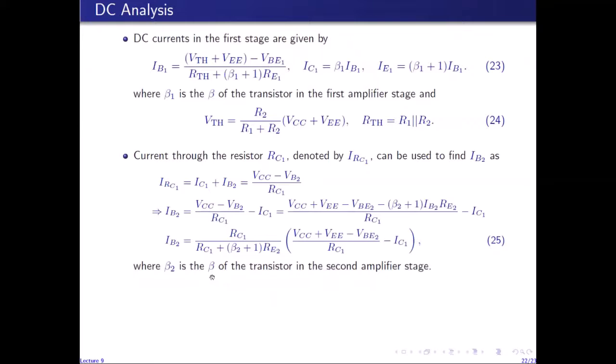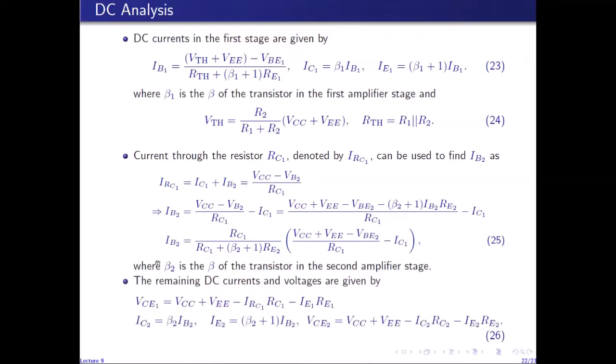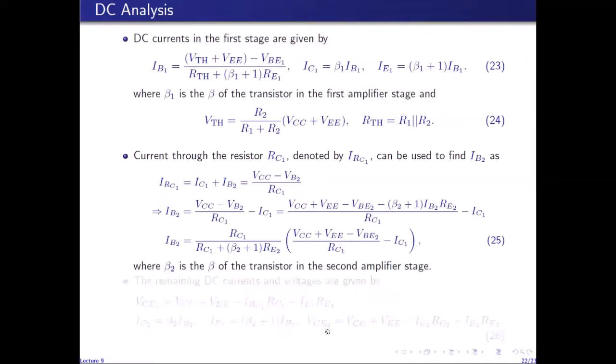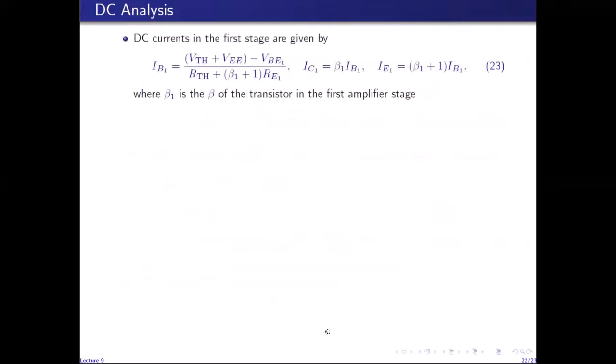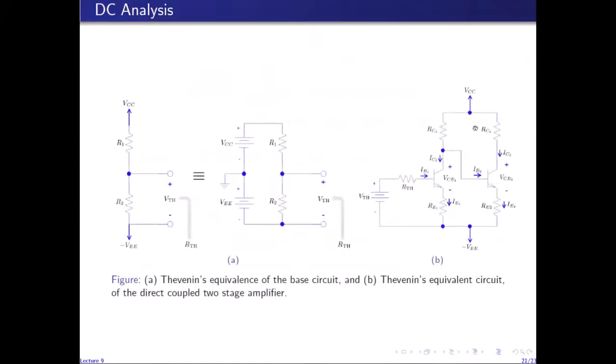So having found out IB2, I can find the remaining DC voltages and currents. So IC2 is simply beta 2 times IB2, IE2 is beta 2 plus 1 times IB2, and we can find the voltage across the collector and emitter terminals of the transistors in the two stages. So the total voltage of this node, the voltage of this node with respect to this node, which is VCC plus VEE, is divided